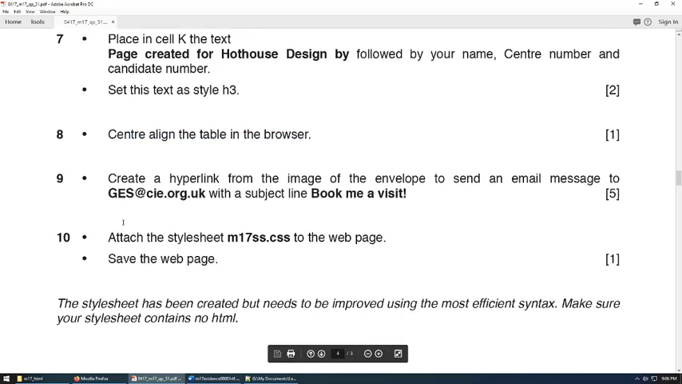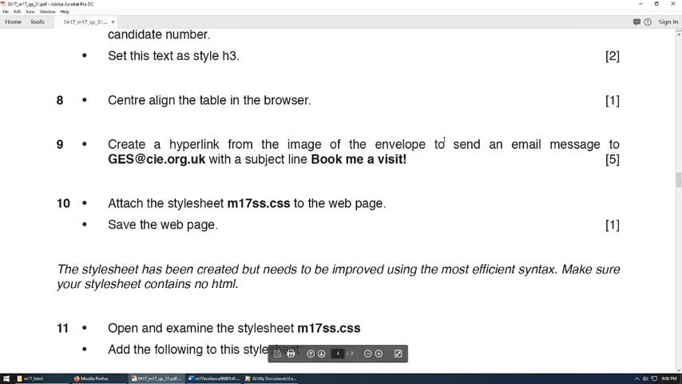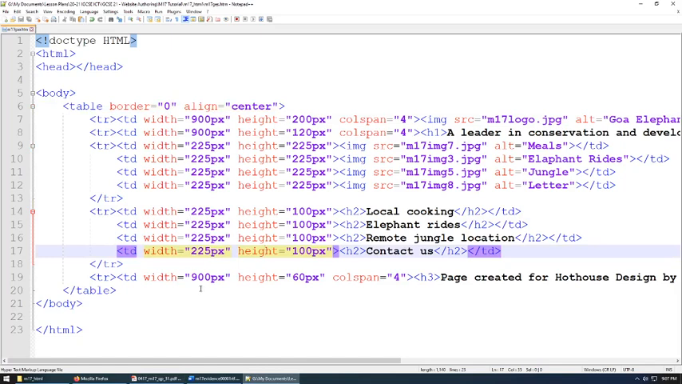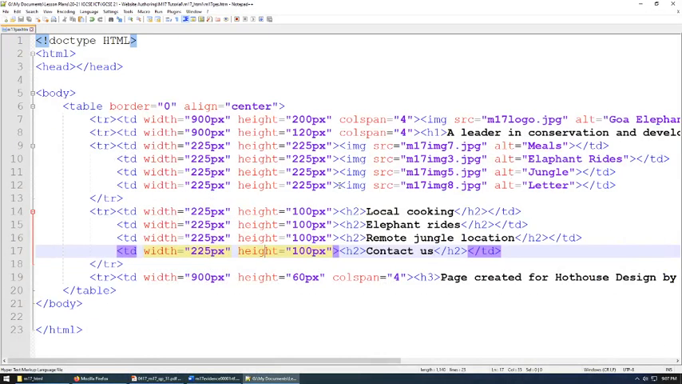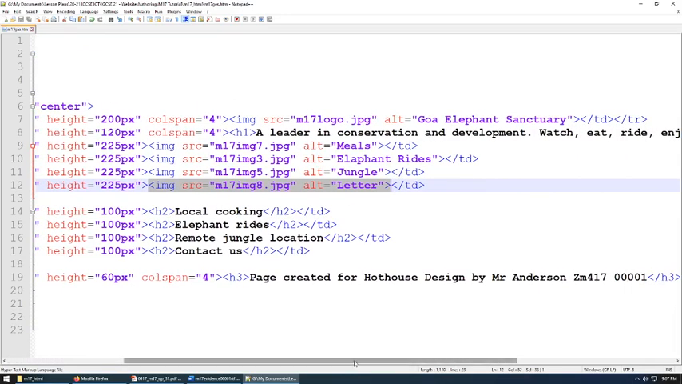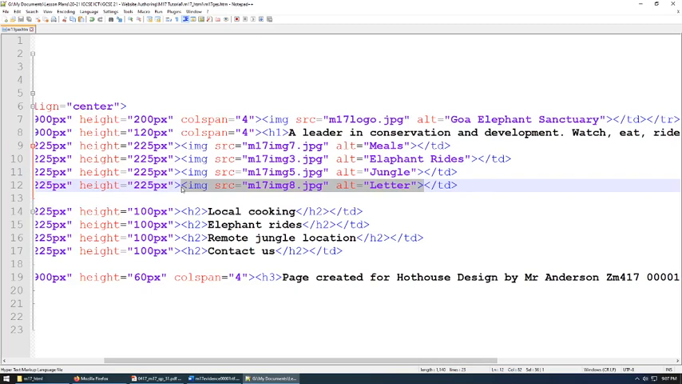Okay, task 9. Create a hyperlink from the image of the envelope to send an email message to this address, ges@cie.org.uk, with the subject line, book me a visit. Okay, so I've got to actually start the mail itself, and that's kind of like a hyperlink. Of course, if it's an email, they want us to put it around the envelope. So that would be this right here. Basically, this that I'm highlighting needs to be wrapped in an image